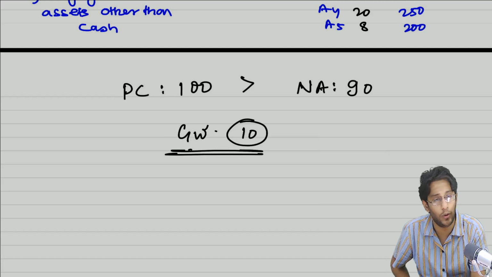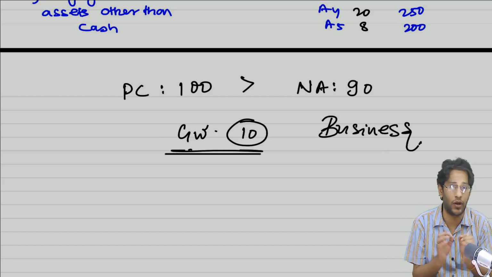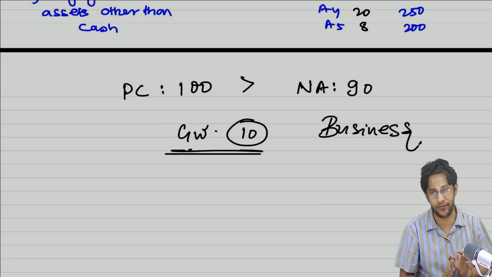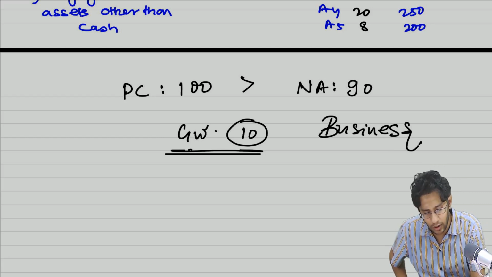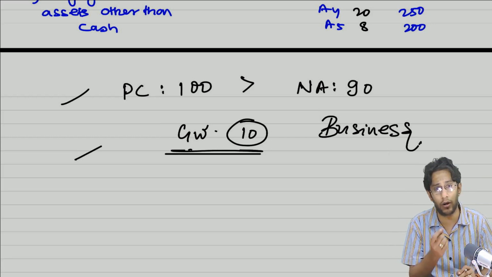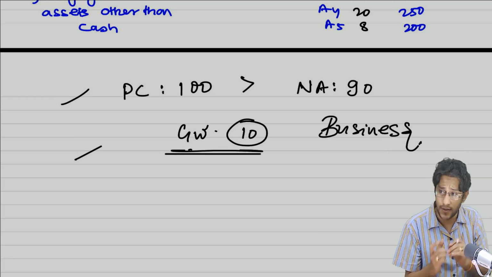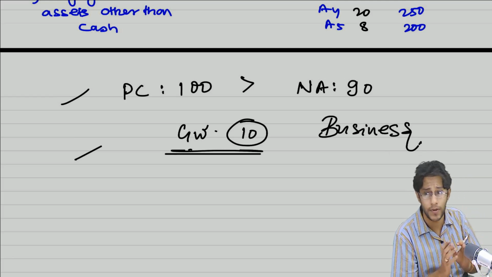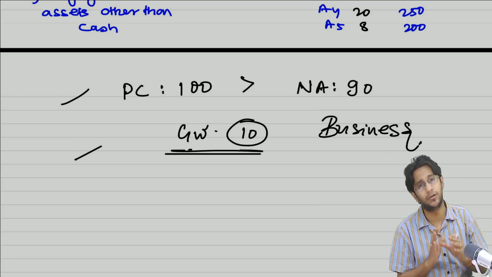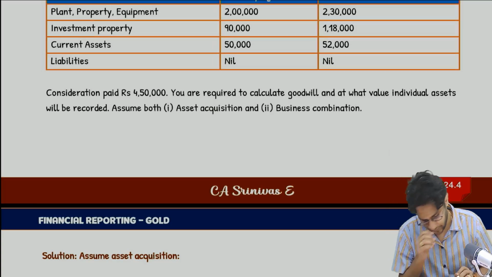You can create goodwill only if whatever you have acquired is a business. If what you acquired is not a business, you cannot create goodwill or capital reserve. So, in order to do this entire accounting, prima facie, it's important that what you have acquired should be a business. If it's an asset acquisition and not a business acquisition, then this kind of goodwill creation is not permitted by IND AS 103. So that's the reason we have to go through all this process. Next, coming to